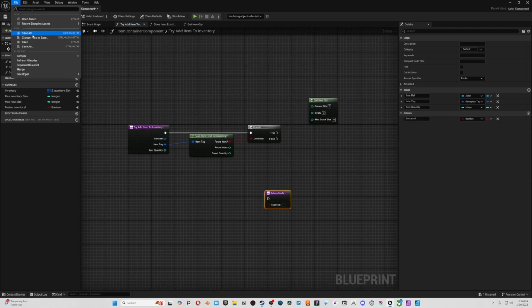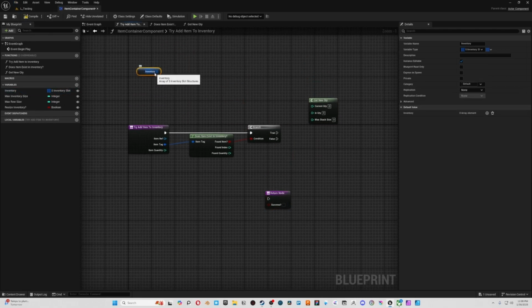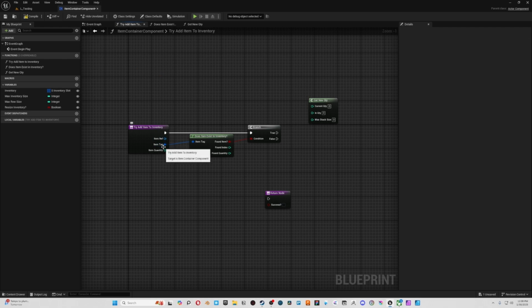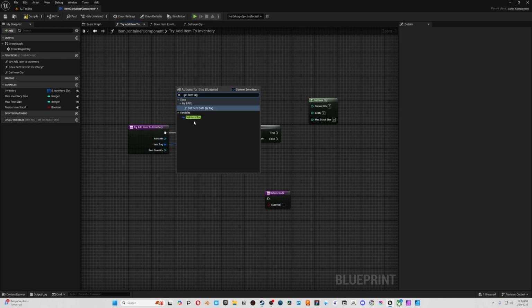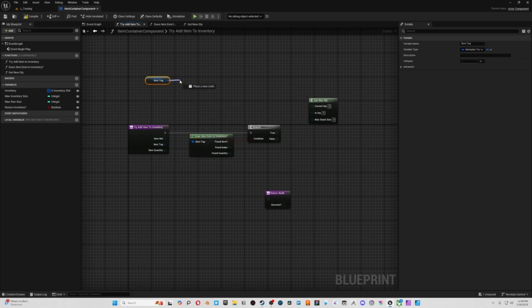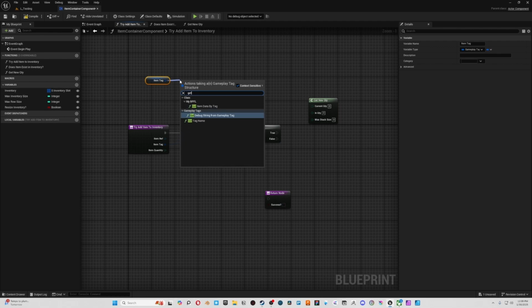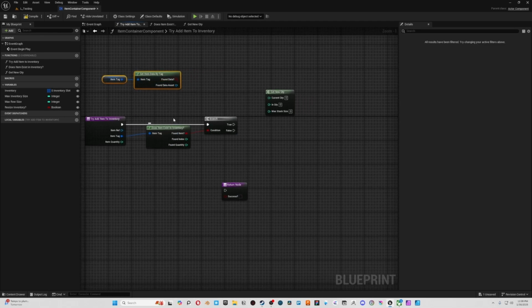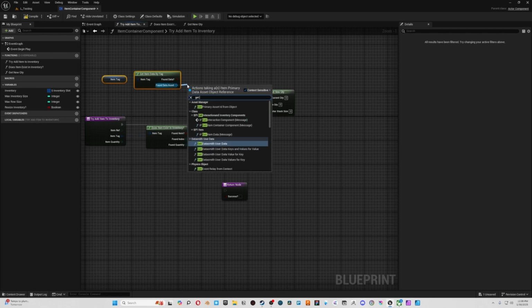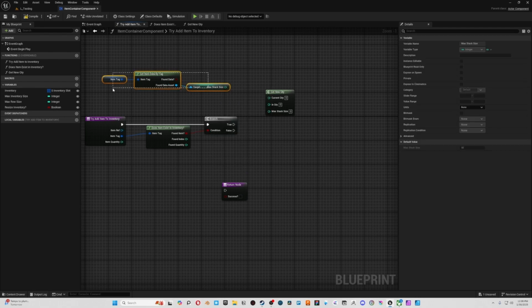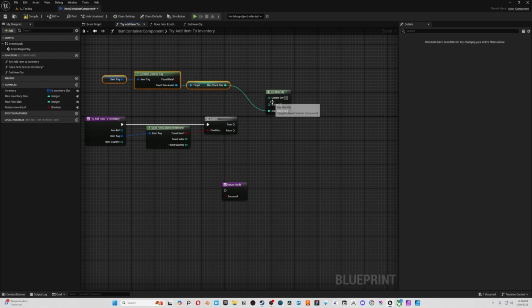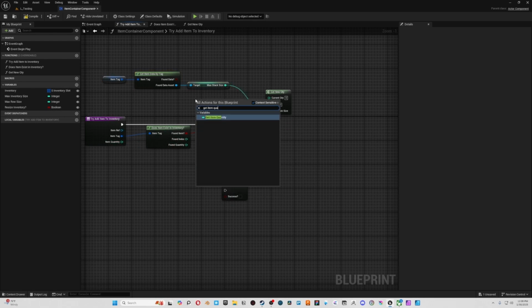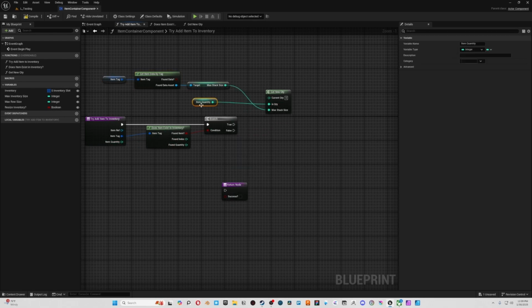And so now we have the item tag right there. So we can get item tag. And remember, we have our blueprint function library function for get item data by tag. And we know this item is found because we found it right here. Say get max stack size, and the in quantity is going to be get item quantity, and the current quantity,